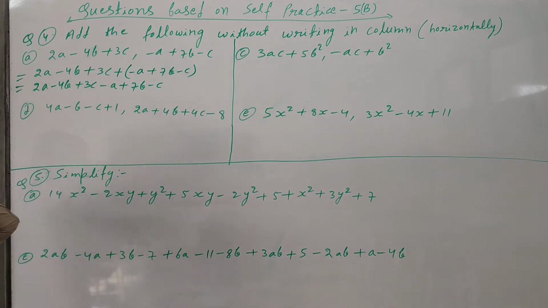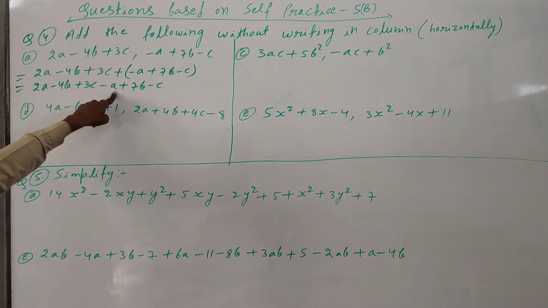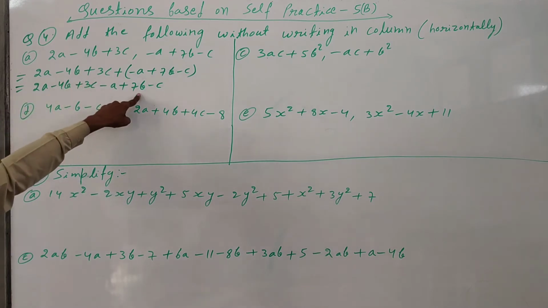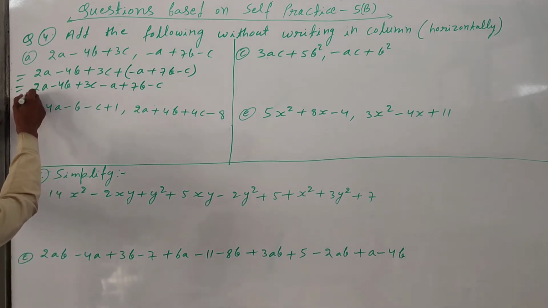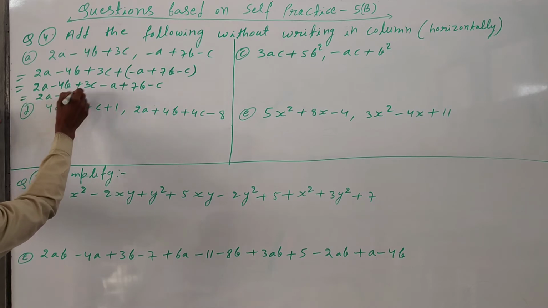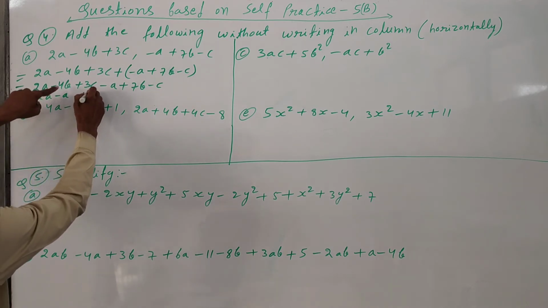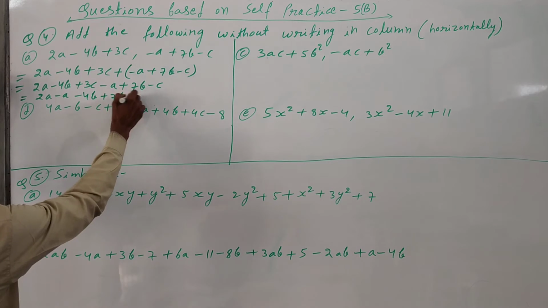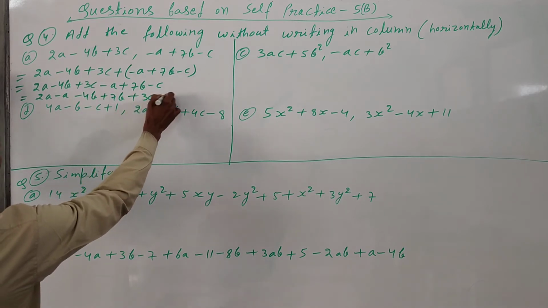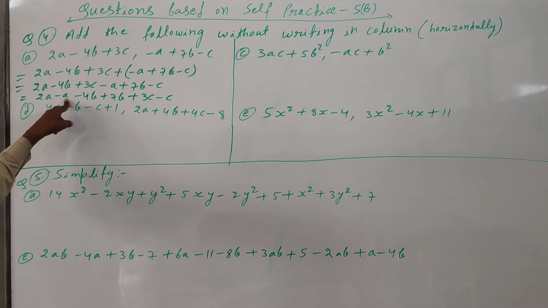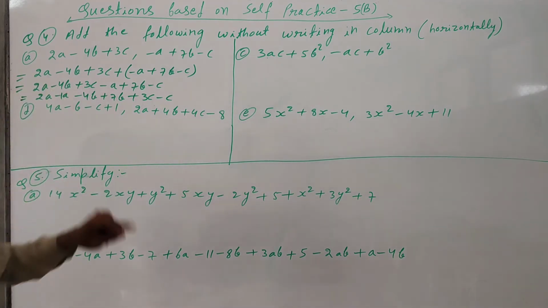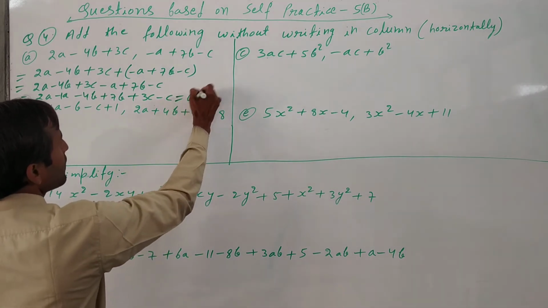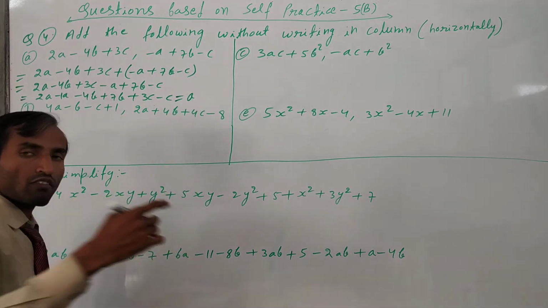After that we will arrange the like terms. So the like terms are 2a minus a, minus 4b plus 7b, and 3c minus c. First of all we arrange like this: 2a minus a, minus 4b plus 7b, and then plus 3c minus c. Now 2a minus a, we will subtract, nothing written means 1. 2 minus 1, 1 will come, means we will write a only. If you want you can write 1 also, otherwise no.